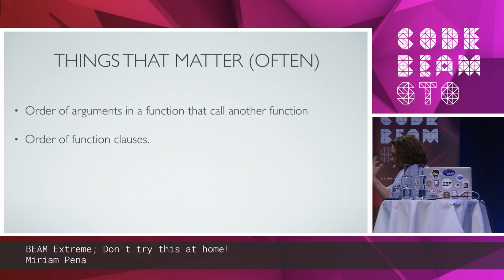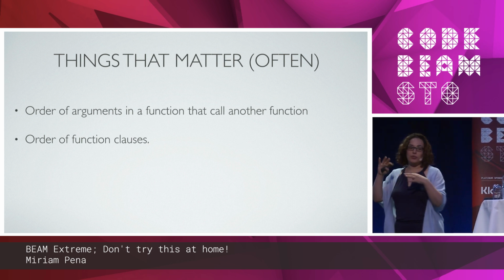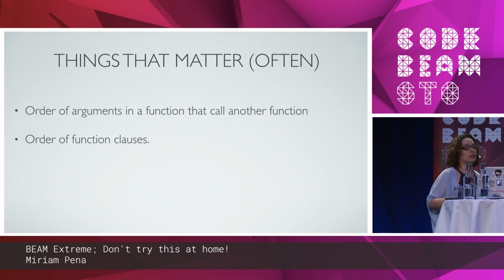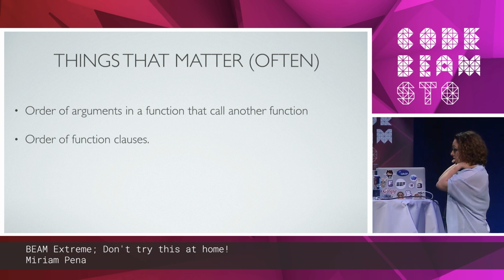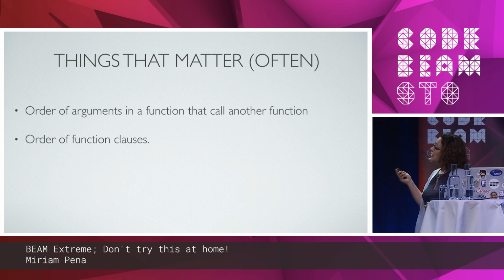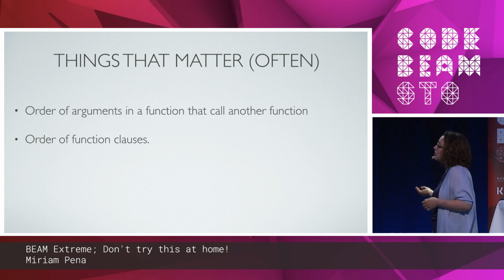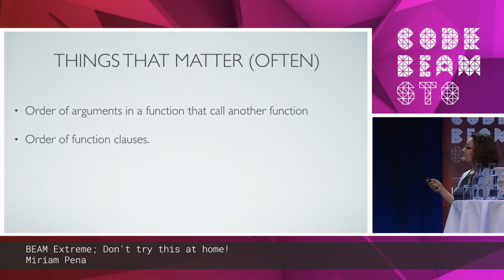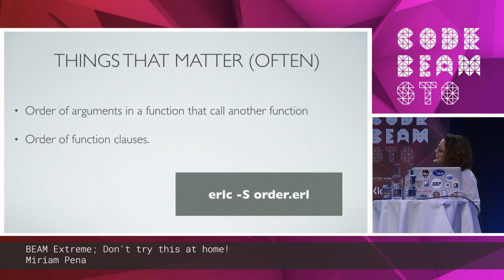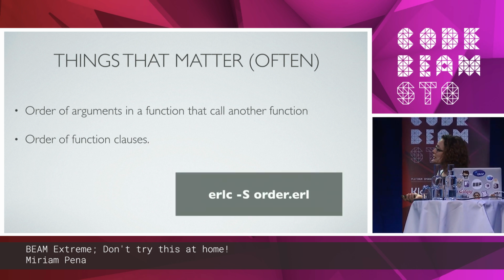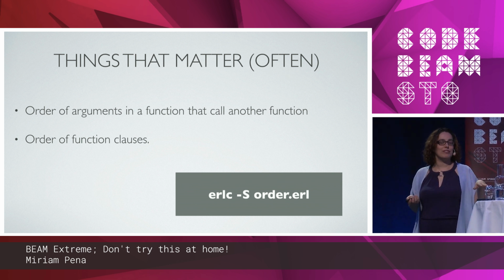Then, again, on your pool, if you focus on how you do the dispatch on your receive loop, there are certain things that matter. And the first one is the order of arguments in a function to call another function, and then the order of the function arguments. Let's talk about them. And by that, we're going to look at the assembly. Have any of you seen assembly before? Very, very impressed. Good.